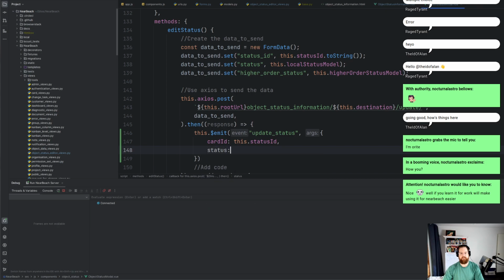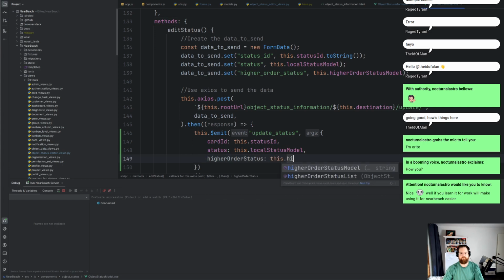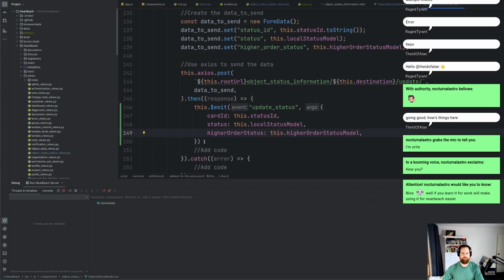We've got status. And higher order status. Okay. Easy done. So if we emit that up and then close the modal,